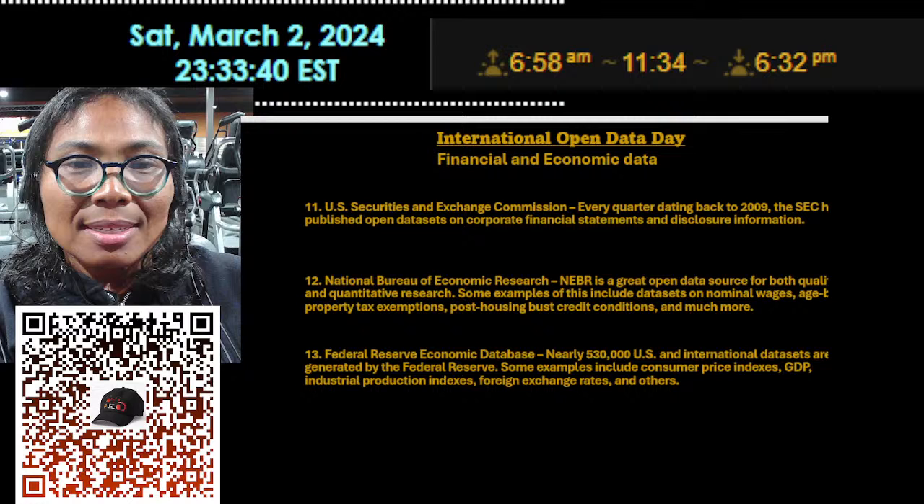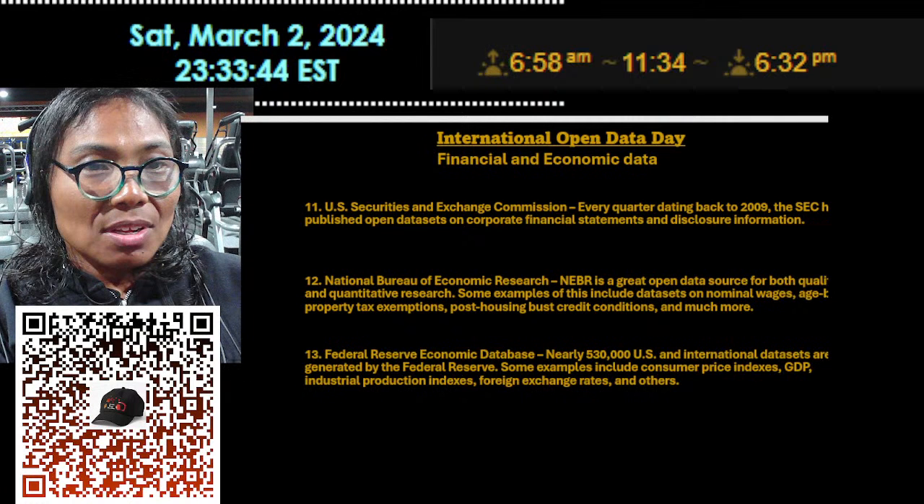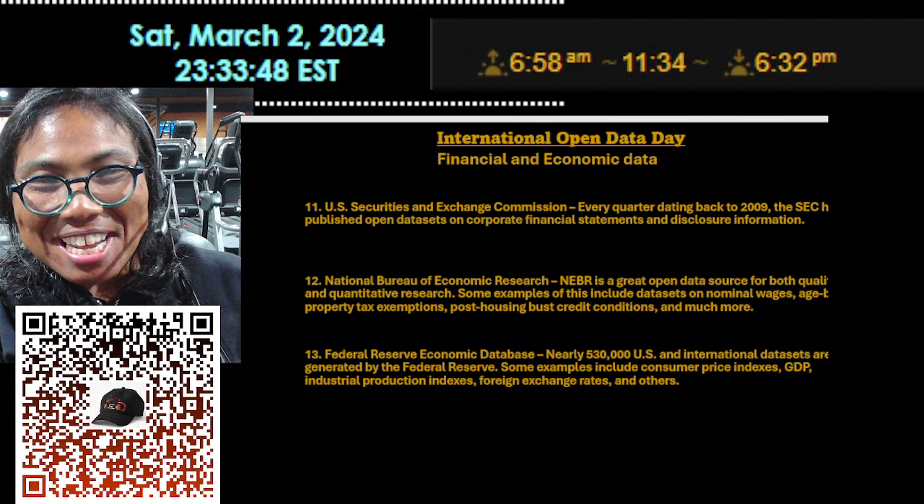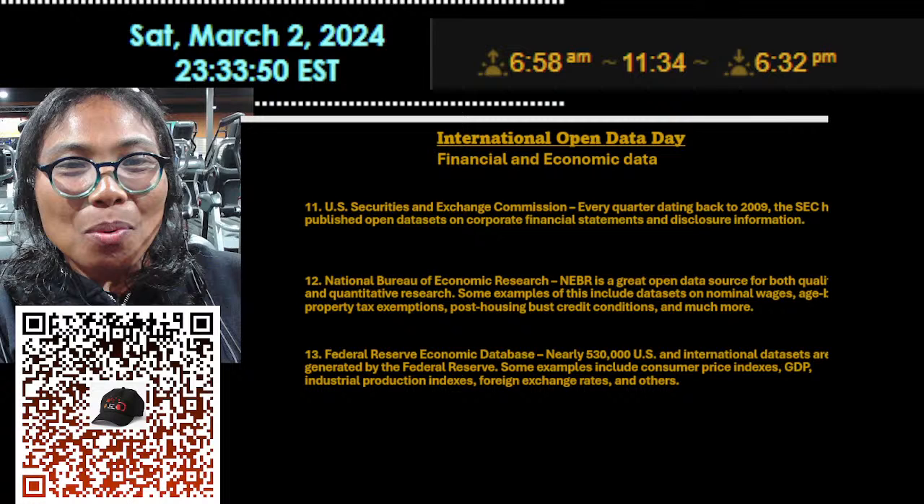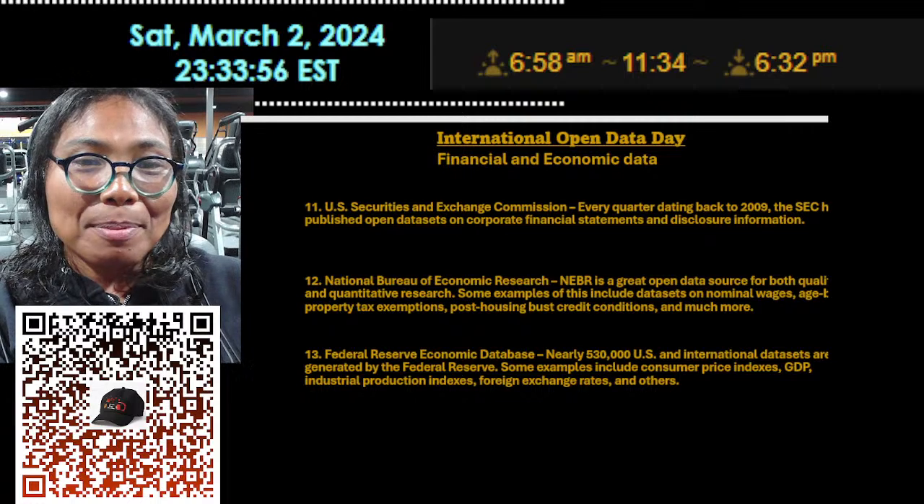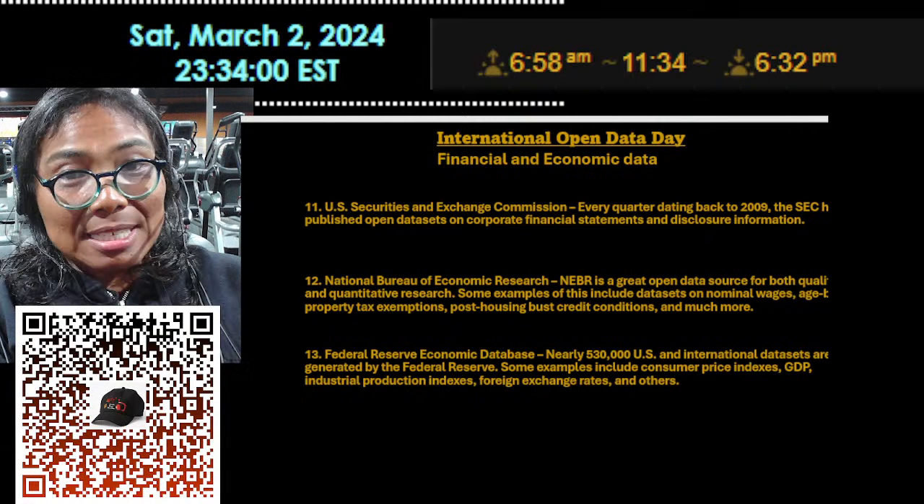Next up, we have the National Bureau of Economic Research, also known as NBER, and not to be confused with Nebraska. It is a great open data source for both qualitative and quantitative research. Some examples of this include data sets on nominal wages, age, property, tax exemptions, post-housing, business credit conditions, and again,